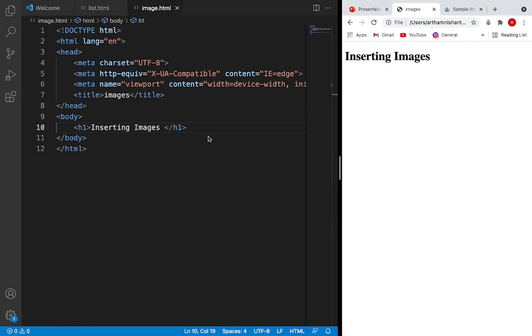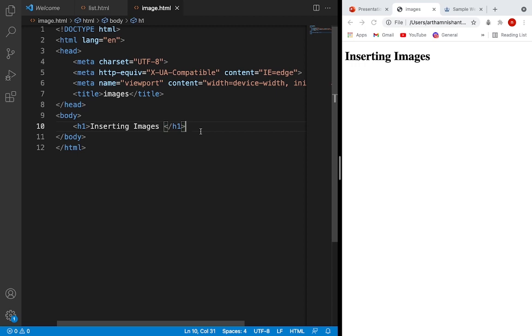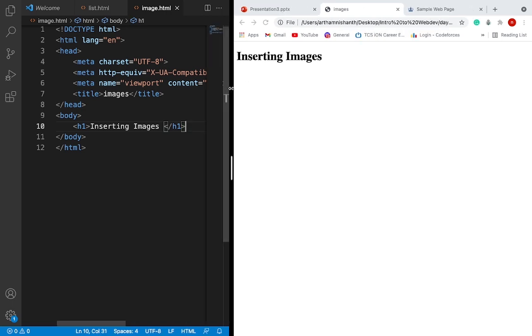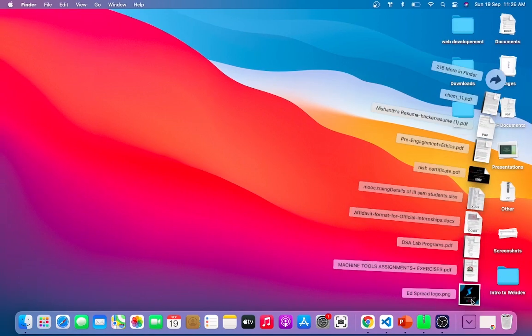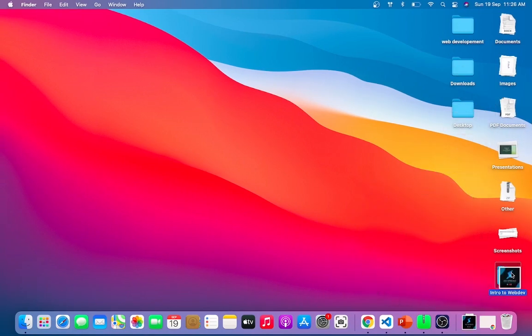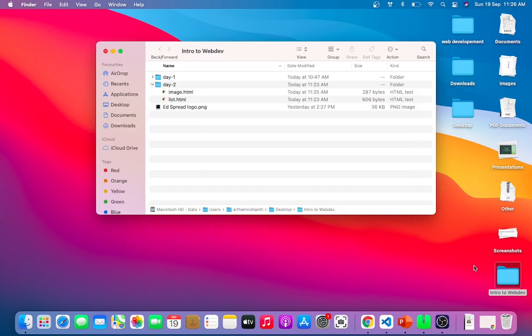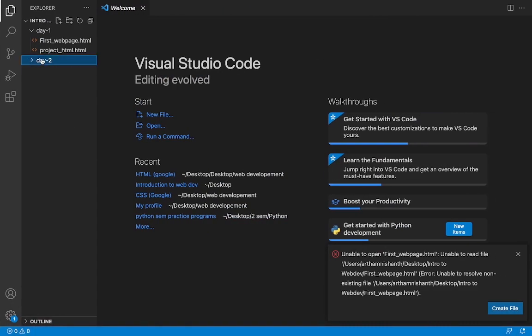We got our h1 tag, and now let's import. So to link an image, first we have to have an image, right? So let's Google a nice image. Wait, we have this spread image, right? Let's go with that. Let's save this in day2. I'm saving this in day2 because our file should, wait, yeah,